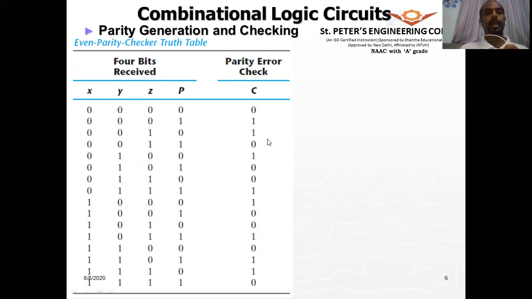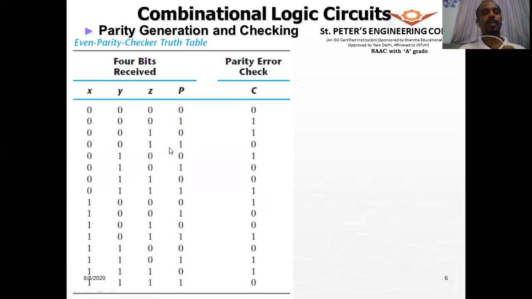Again, this is parity check for even parity. Whenever there is an odd number of ones, the check bit will be 1. So for this combination, the check bit is 1. For this combination, again, the check bit is 1.